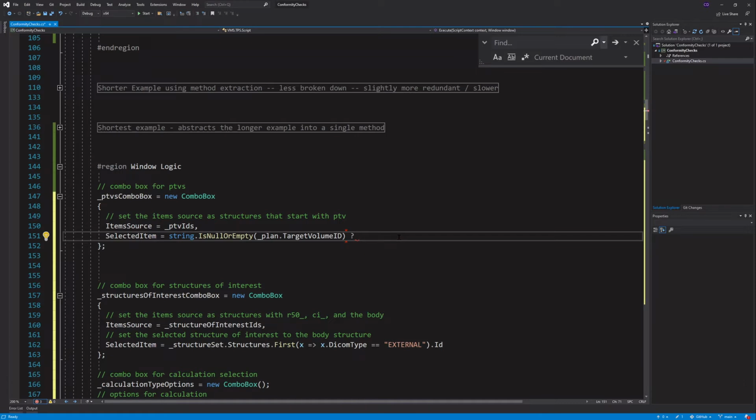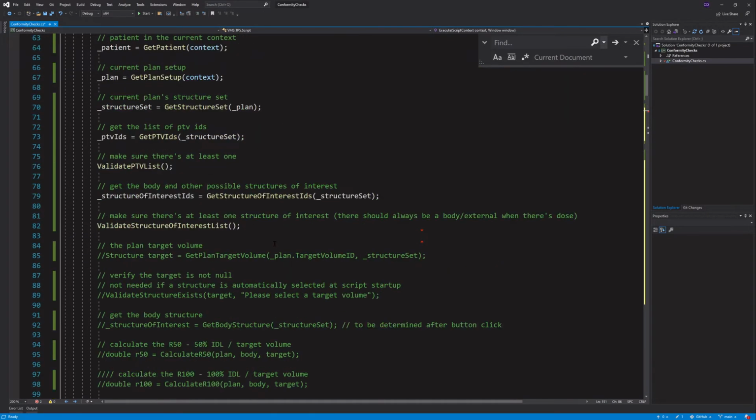So we're just going to say PTV IDs dot first. Okay, and we could say first or default. We don't want to say first or default. Well, I mean we could, but we don't really want to pass in the null value into this. So we want to say the first one because, and the reason that we can do that is because